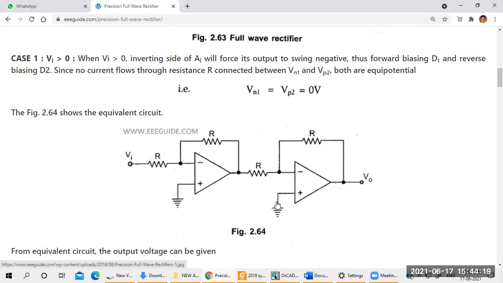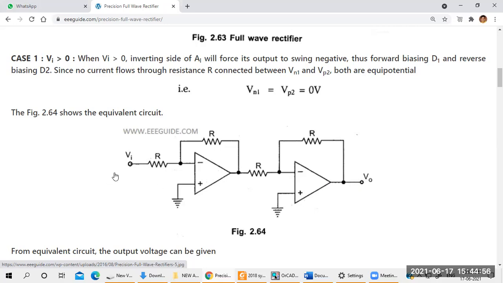See here, the positive is connected to ground because D2 is an open circuit and D1 is a closed circuit. So what is the output of this op-amp now? Negative, because we are applying the positive cycle as input here. So you'll get a negative cycle. Same thing, if you apply a negative cycle to the summing amplifier here, again you'll get a positive output voltage, because this one is the negative sign, the inverting sign here. So it gives a 180-degree phase shift. When the input is negative here, you'll get a positive. So the input is positive, the output is positive.